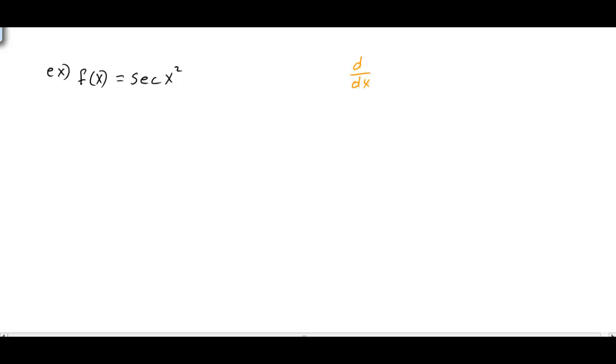is d dx secant u. So the derivative is going to be secant u tangent u. Okay, so you first of all take the derivative of the outside function, which is the secant u tangent u, and then this is going to be multiplied by the derivative of the inside part, which is the u, which would simply be u prime. So in our example,